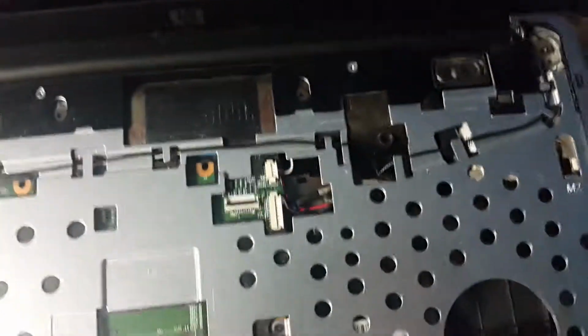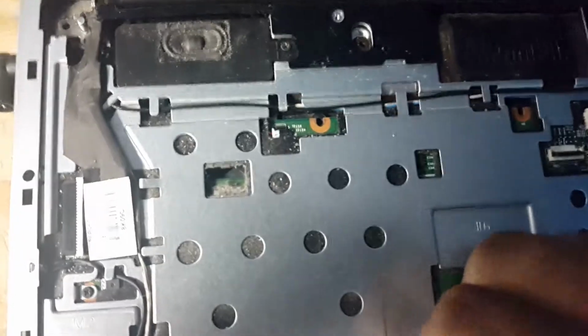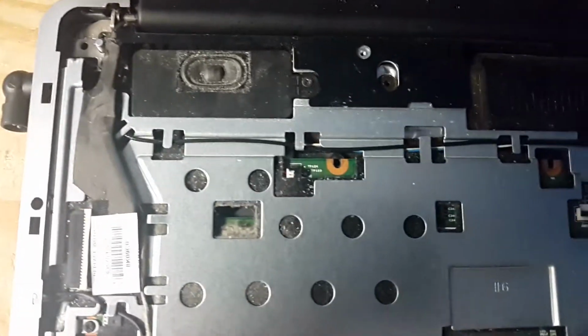Alright, so all the wires are back in place. Everything is connected. I just need to connect this thing for the trackpad here, or the touchpad. Sorry, touchpad. Once that is connected,